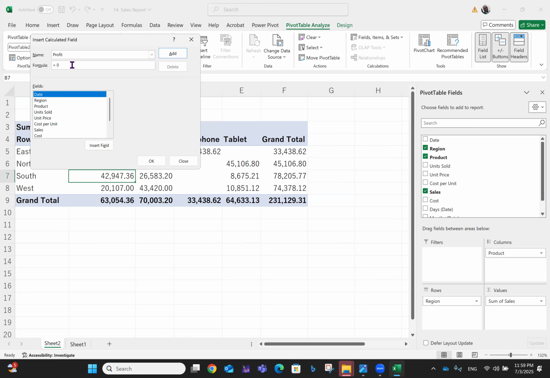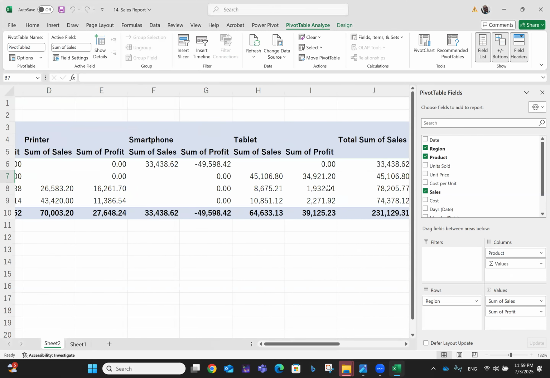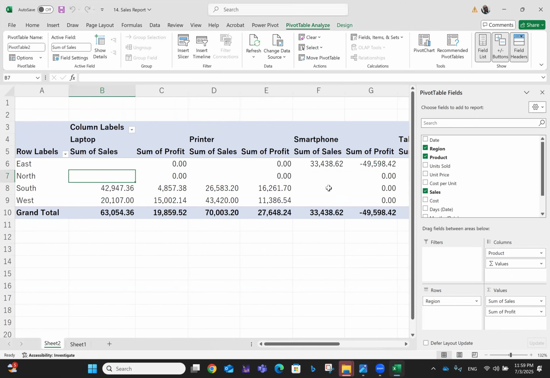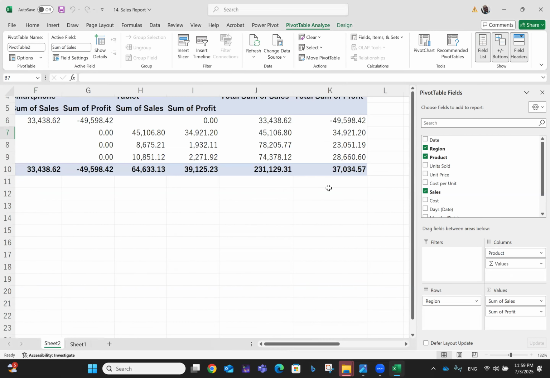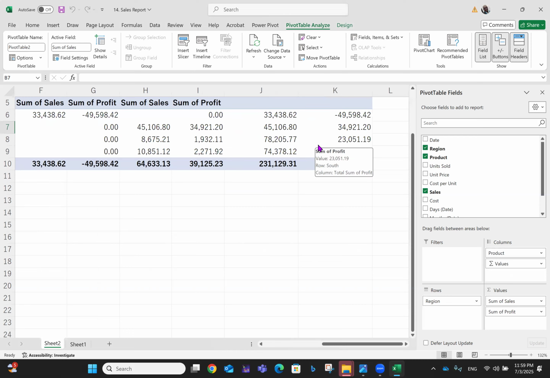And then, of course, your profit will be sales minus cost. Sales minus cost. Then you add that and say, okay. All right. So you automatically have profits across each product. Okay. And then you can end up having the sum of profits too. So you have sum of profits. So you can see here that